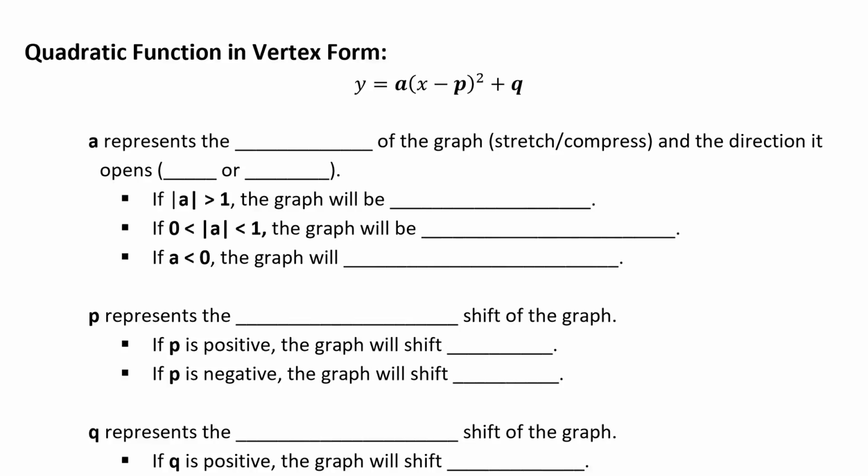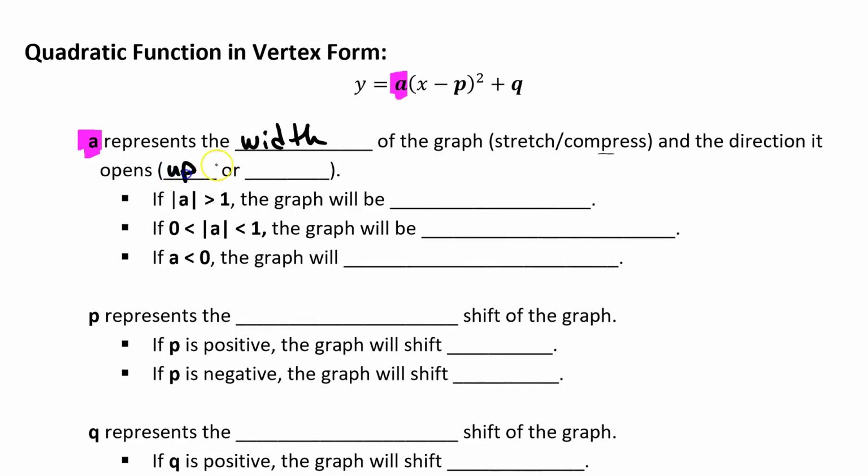So this right here is the vertex form of a quadratic. These letters represent something super great, and I'm just going to use my handy dandy highlighters to help you out. So A. What does A represent? Well, A represents the width of the graph. Either we're stretching it or compressing it, and it also tells us the direction it opens, so